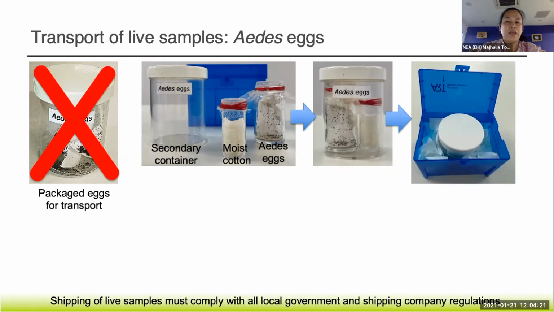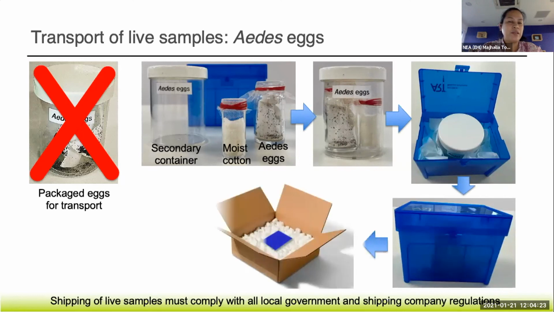being crushed. And actually, after putting in this secondary container, you can even put in an overpack with what we call styrofoam peanuts. This will further absorb any impact or trauma to your package and then completely protect your sample from being destroyed. But when you ship eggs, always make sure you comply with all government and shipping regulations, because